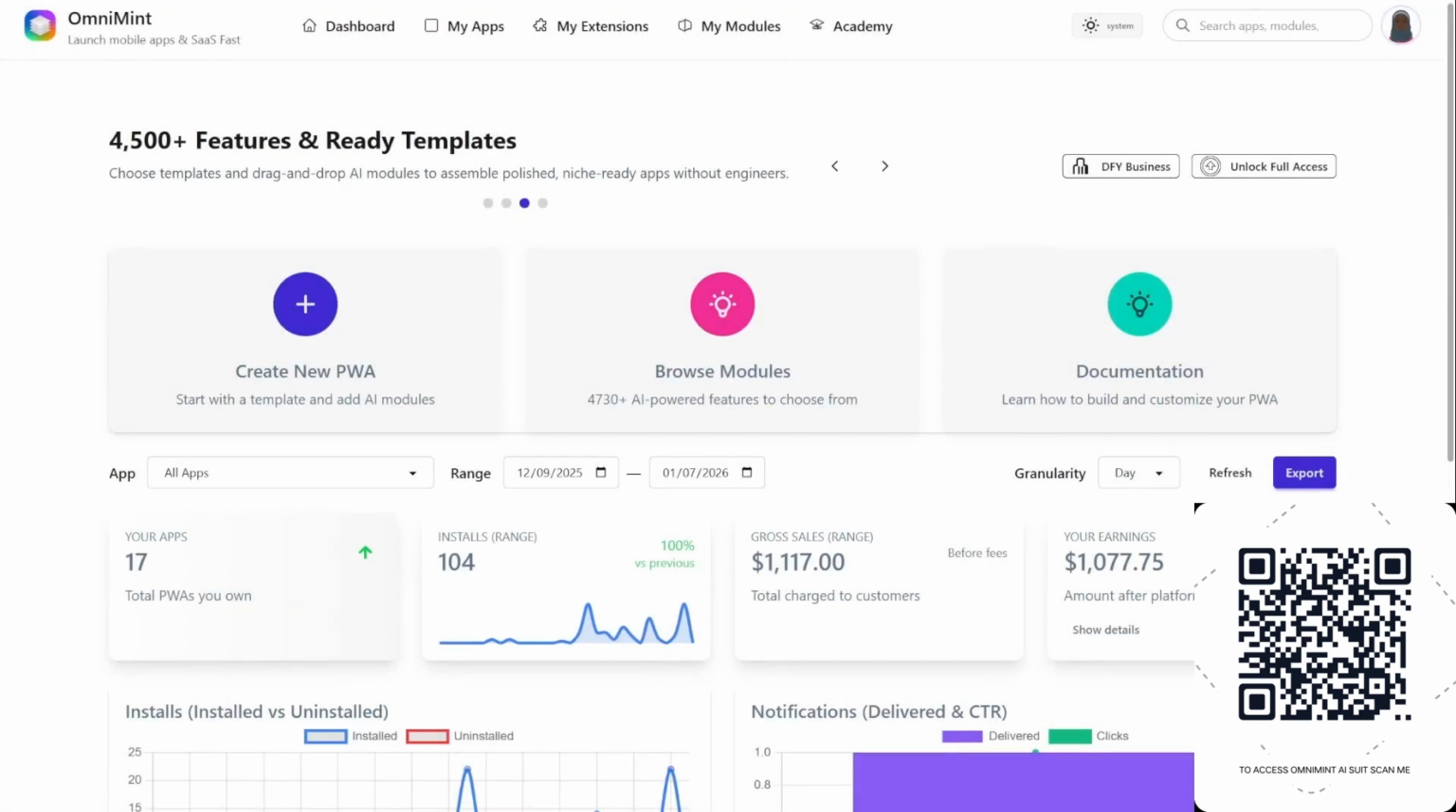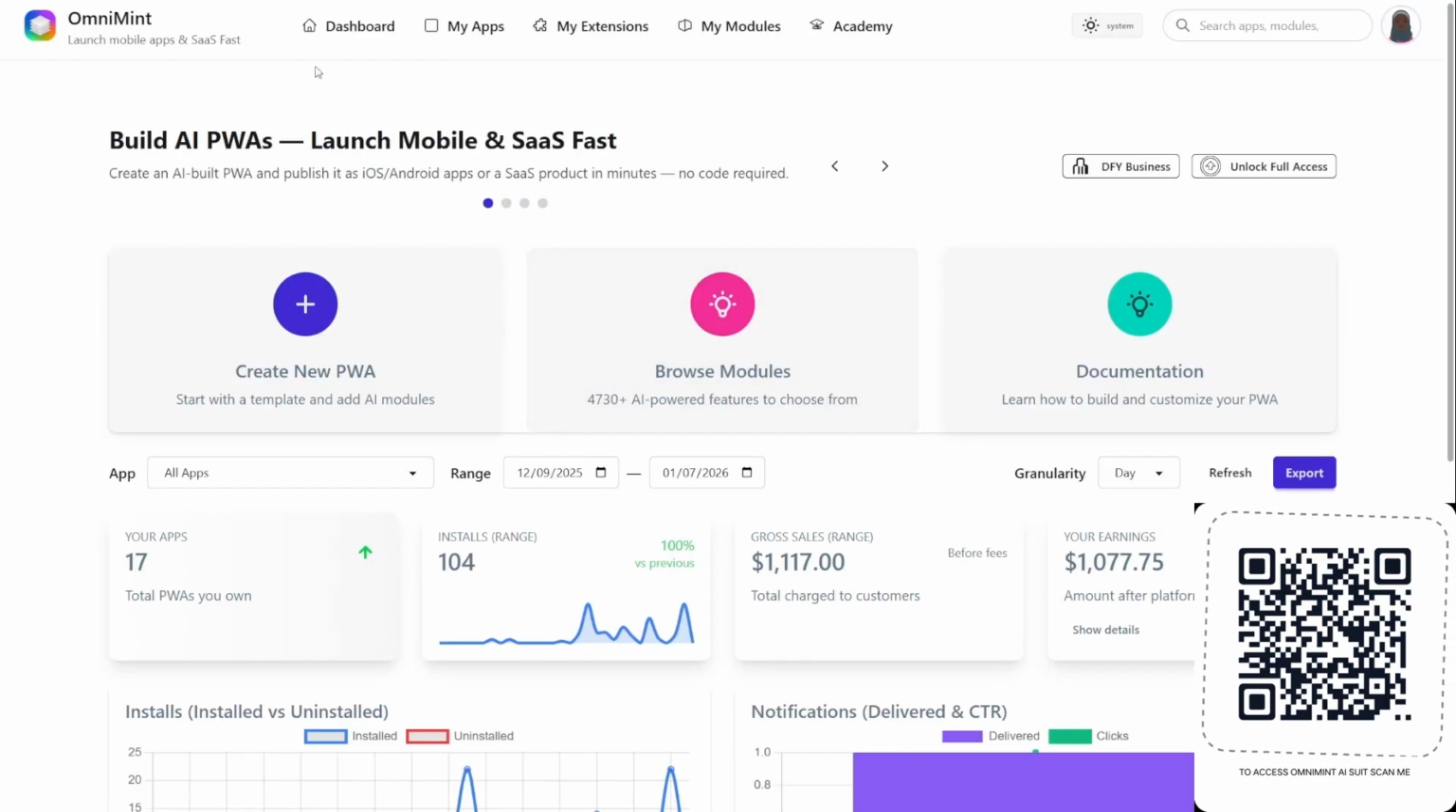Hey there. All right. So let's go ahead and build our first application using OmniMint. I'm going to take the shortest route possible, and I'll circle back and show you all the other things and details. Before I get started, I do want to show you this,